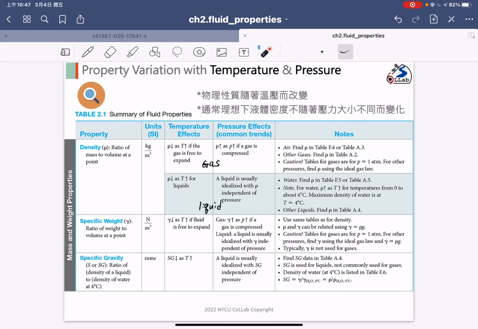Okay, so I don't need to explain again. 所以这个表格大家要特别注意的是，它在跟你讨论不同的 property 受到温压的影响。那不同的温压对于 gas 跟 liquid 的影响还不一样哦，所以要自己注意看一下。那 for density 的话，最重要的就是液体跟气体受到压力的变化是不一样的。气体是可压的，液体通常不可压。Okay, so the next,